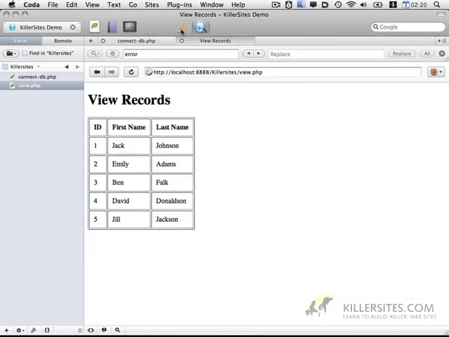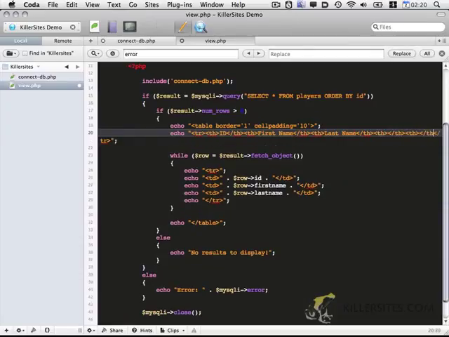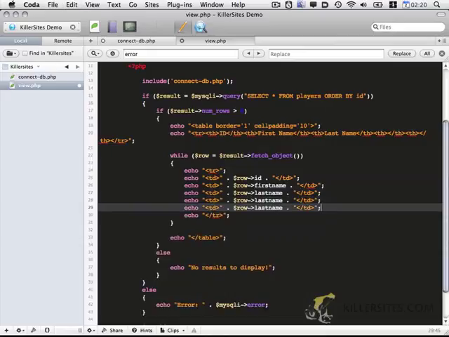Let's do a couple more tweaks in preparation for the second part of this tutorial. First of all, I'm going to want to add 2 additional table headers here. That's because we want to add a couple links. We want to be able to edit and delete these records from the database. So I'm going to go ahead and paste these 2 more times. So we're going to start,